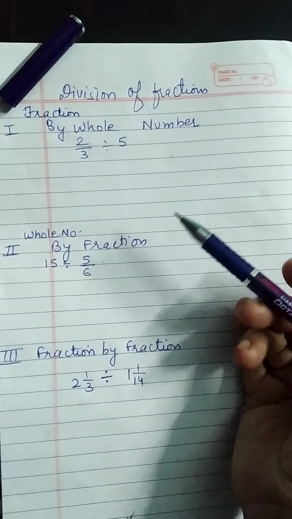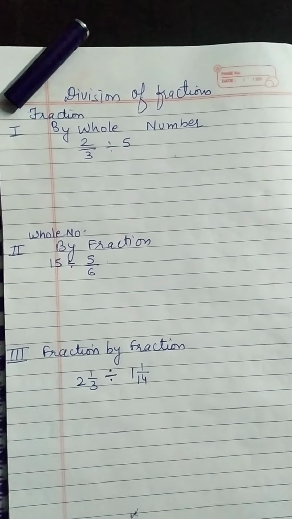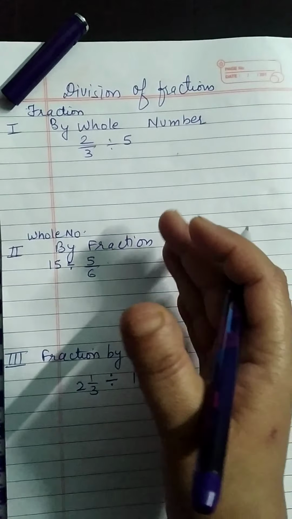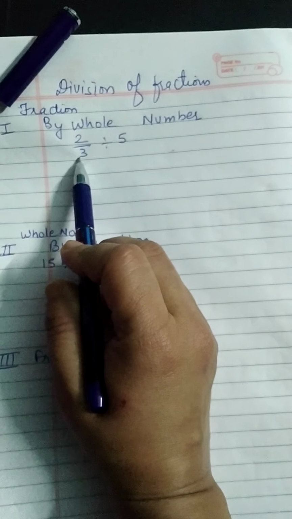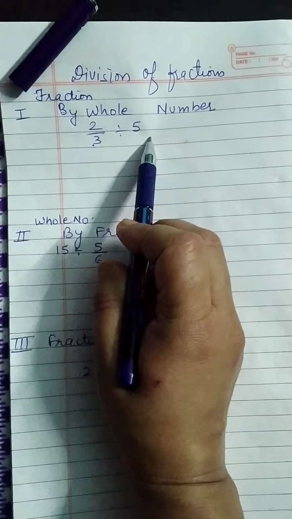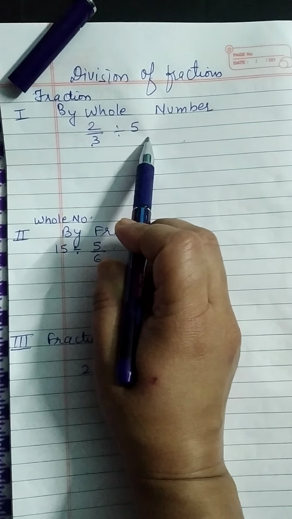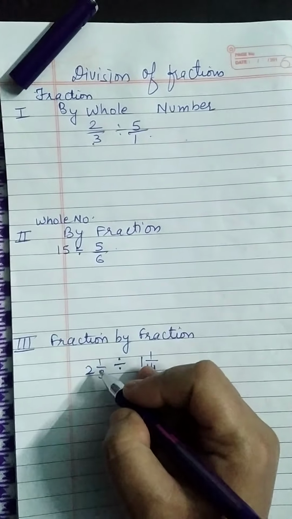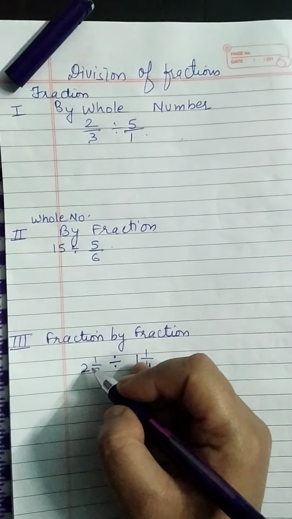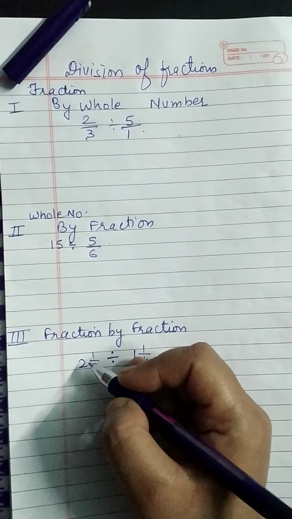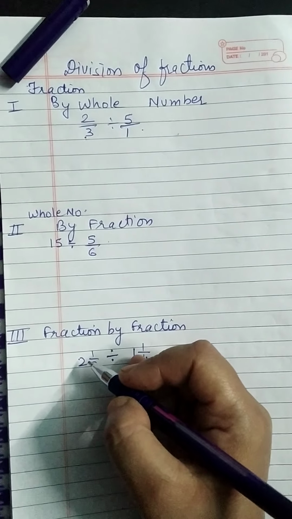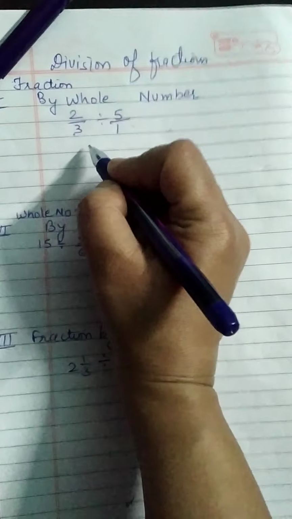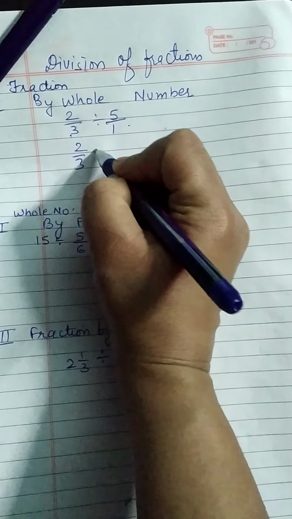Now, what are the rules of division? When we have to divide the fractions, basically we need this also as a fraction, first number also and second number also. In case any number is not in the fraction form, we give it the denominator as 1. If we are having a whole number, we give it the denominator as 1 because it will not change the value of the whole number. Now, second part, you have to change the sign of division into multiply.